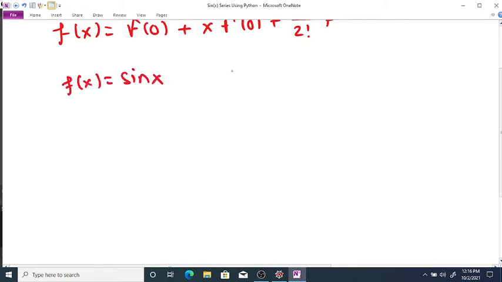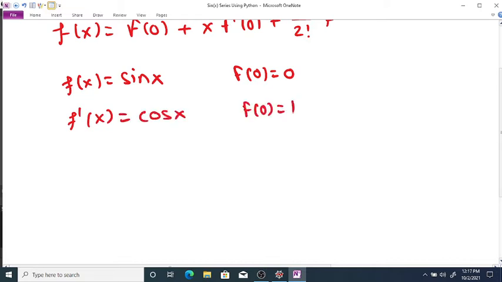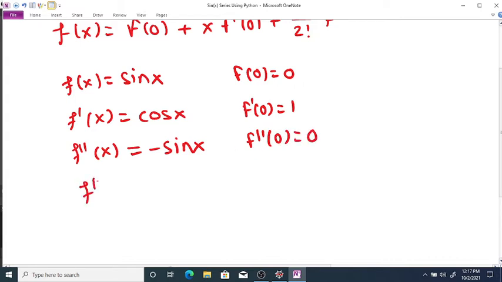f of 0: we know that sin 0 is 0, so here f of 0 is 0. f dash x, the derivative of sin x, is equal to cos x, and f dash of 0 is equal to 1, since cos 0 is 1. The second derivative of f of x is minus sin x, and therefore the second derivative at 0 is equal to 0 again. The third derivative of f of x is equal to minus cos x, so the third derivative at 0 is